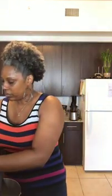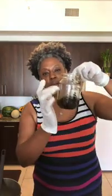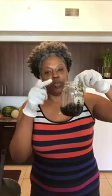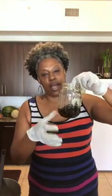Hold on, let me not get off track. Let me pour this in here. You want to infuse herbs in the jojoba, so you get a jar like this and fill it up with however much of the herbs you want to put, and then fill the rest of the jar up with the oil that you want to use on your body, and